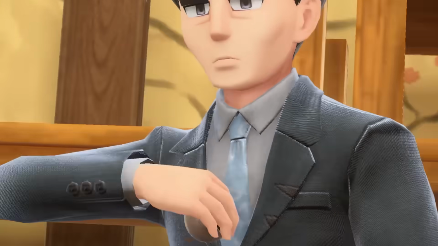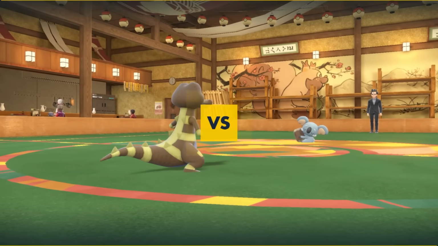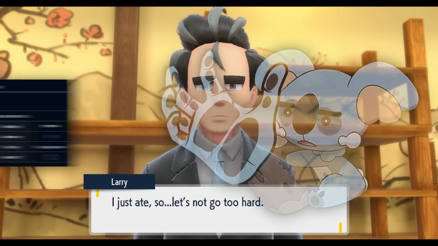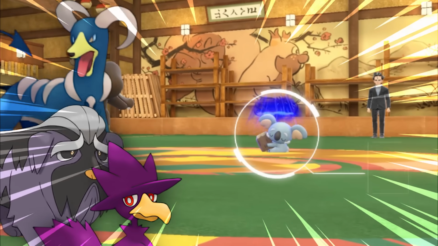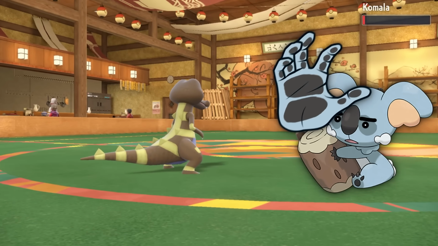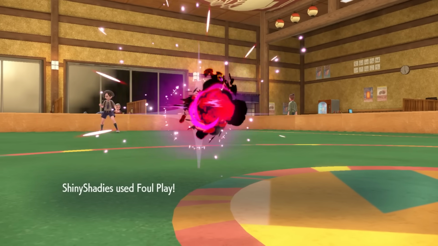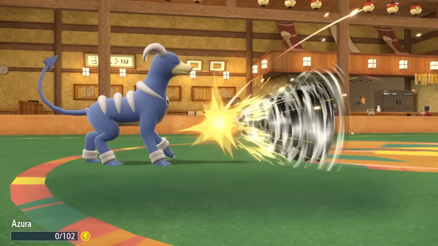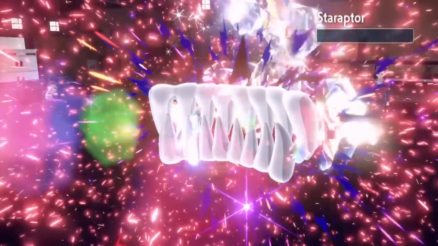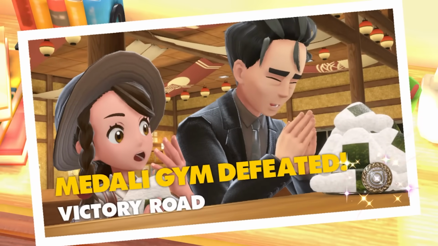Up next is our best bro Larry, and the fight begins with my Shiny Shadys versus his Kamala. I was a little worried about Larry using Slam, which could easily sweep through my team with this fast little bear, so I wanted to get Kamala out of the way as soon as possible. Unfortunately, we were put to sleep, but by some miracle, Kamala actually missed the first Slam, so we managed to wake up in time and finish off the Koala with a foul play. Shiny Shadys and Azura then fall to Dunsparce, but Ken once again proves how much of a beast she is and carries us through the rest of the battle. What an absolute champ. Another gym badge got,